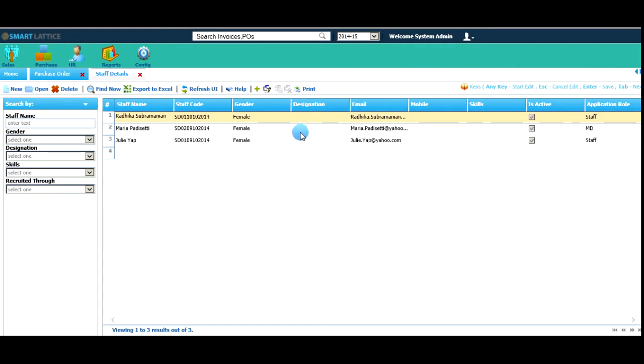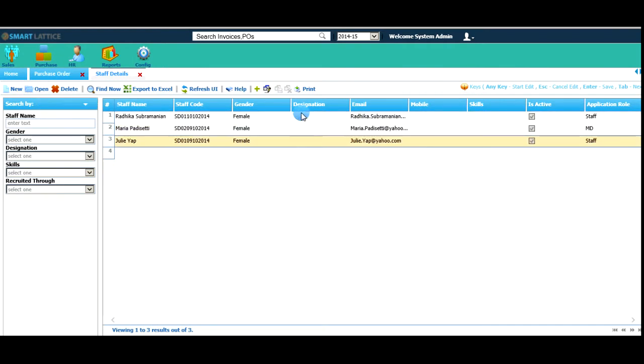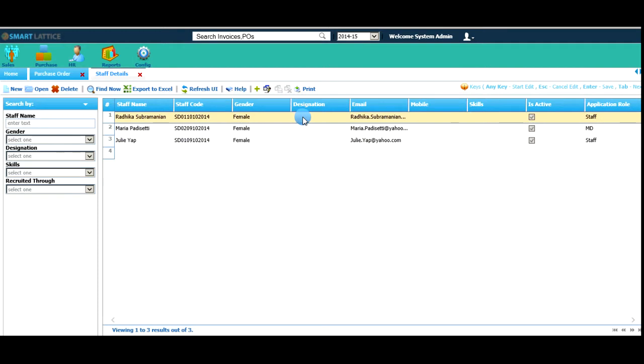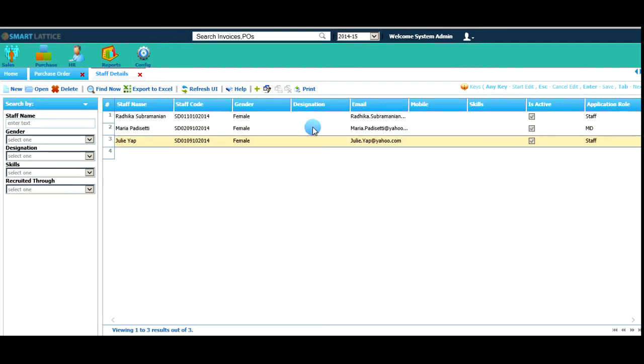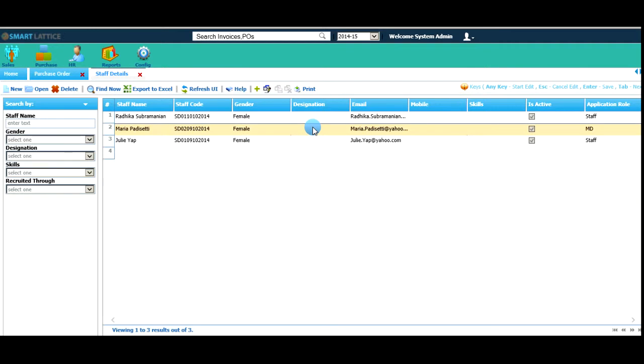I created three different types of staff right now. One is staff Radhika Subramanyam, another is Julia, using which we have created purchase orders, requests, and an MD profile role, Maria,